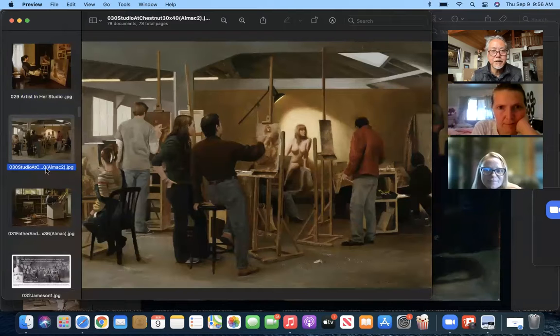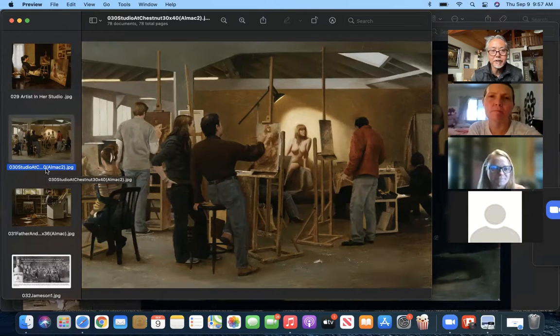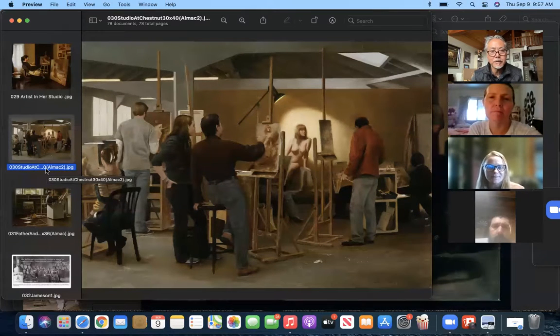This is a painting of a scene in the studios of the Academy of Art. The instructor is not myself. It's Xiaoming Wu. I don't know if you're familiar with Xiaoming Wu. He's an extremely popular and well-known instructor at the Academy as well. He specialized mainly in doing female nudes. And actually, at this moment in time, when I took the photo reference for this painting, they were painting a male nude. So what I did is I switched the model to a female nude, but that required me to go into every one of these paintings on the easels and change them to the female nude. But I think it was worth the effort.